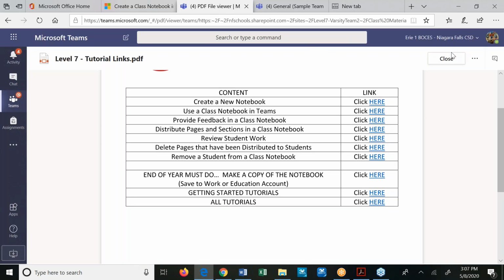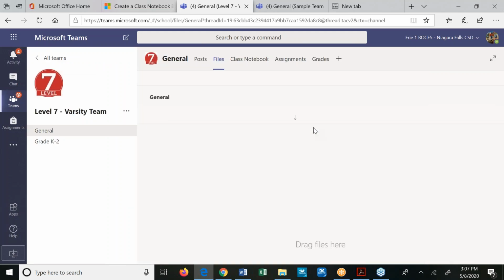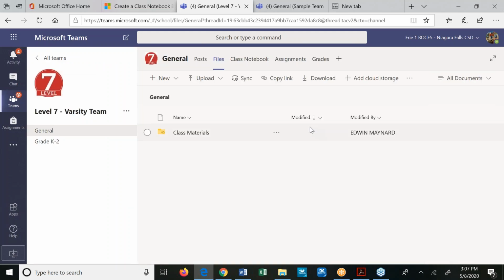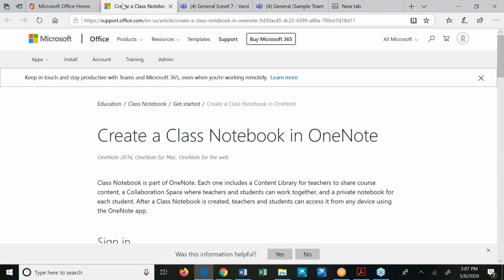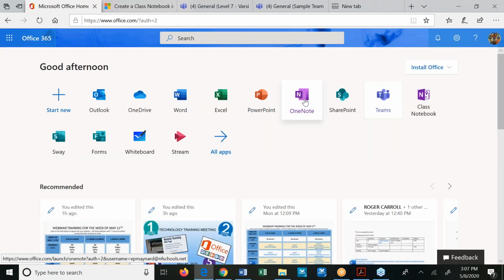Because now I come back here to my level 7 that I made last night. You mentioned it might be in the app? I might have made this in the app. Originally, this is what you and I and what Mike and I were talking about, making a master notebook first and then sharing the pages to the team, and I just thought that was going to get way too confusing. Yeah. So let me see if I go to class notebook, see if it's showing up here now,